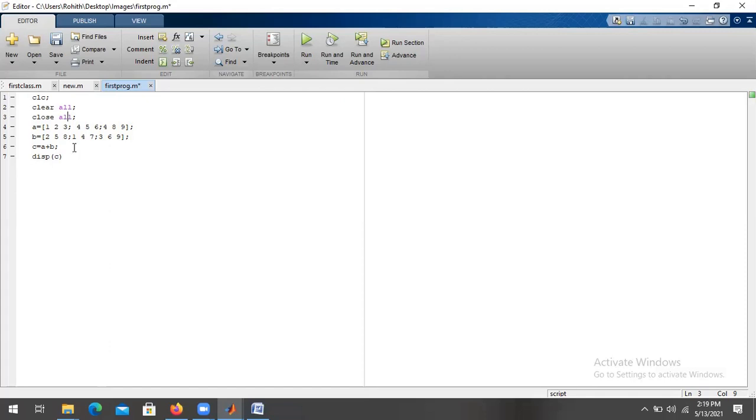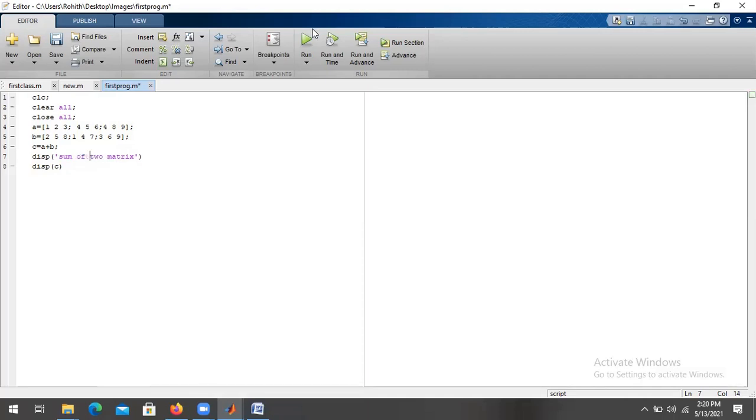If you want to print something in the command window, you can use the same disp. In disp, instead of the matrix, you can write here, sum of two matrices.